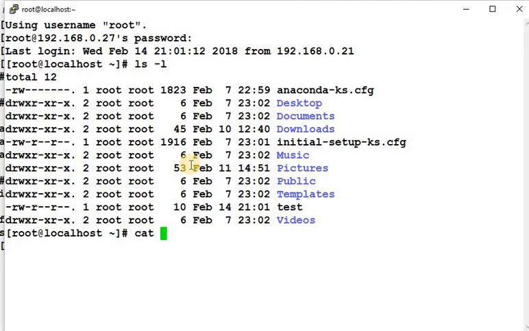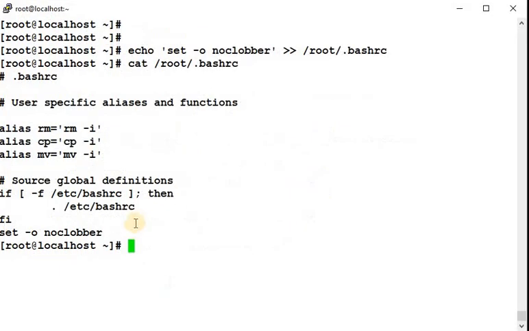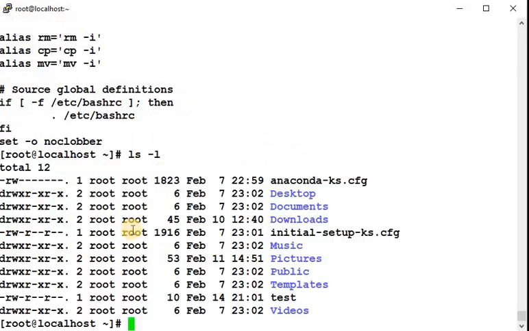Cat append override and test. See, it's working now. I'm just exiting this, so we are on the same terminal now. Back to this terminal. After appending that file, .bashrc, whenever the root user tries to log in to this instance,